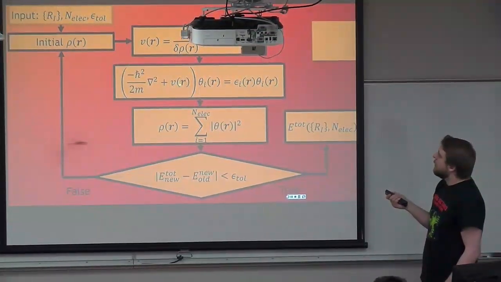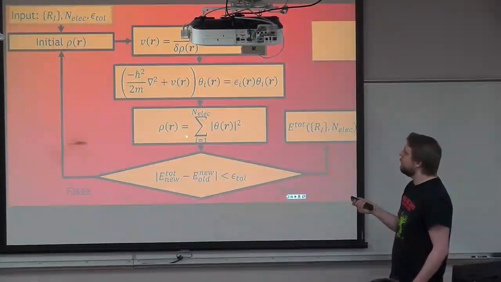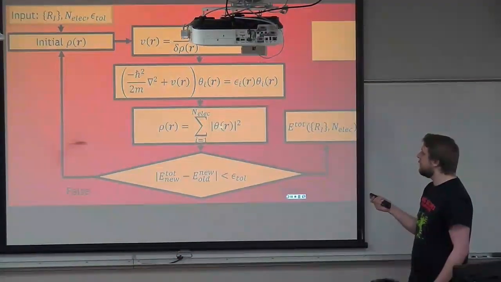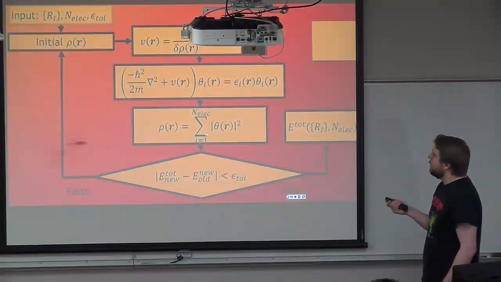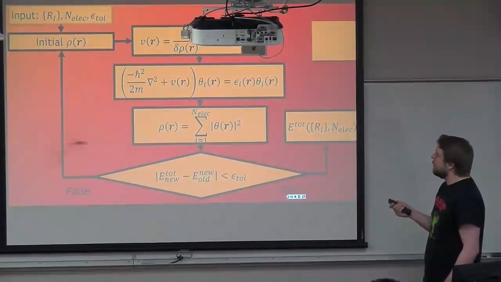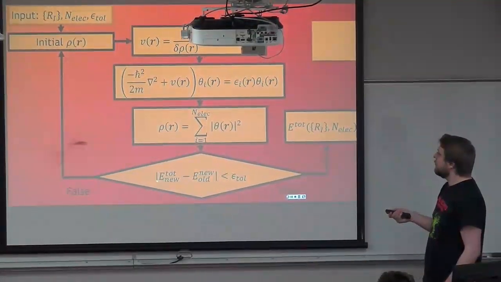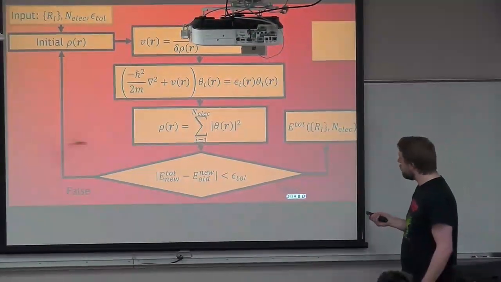And you can plug that potential into the Kohn-Sham equation, which will let you get an updated version of the charge density. And from that, you can calculate a new updated version of the total energy, and that's where the energy tolerance comes in. If it exceeds the energy tolerance, you do it again. If it's within the energy tolerance, you get your output.